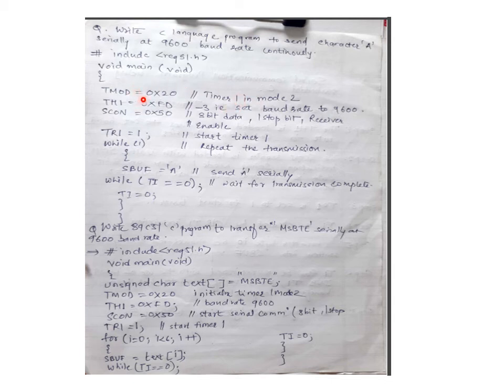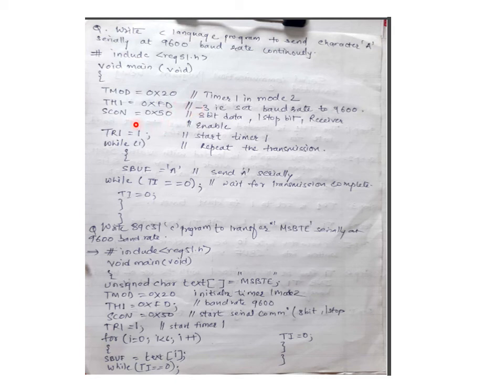So we have to write TMOD equal to 0x20. Then TH1 is equal to 0xFD. As the baud rate is 9600, so minus 3 is the decimal value, and the hex value of minus 3 is FD. By using the 2's complement, we are getting the FD value. So for minus 3 we have to do the 2's complement. For 2's complement, first we have to write the binary number, then do the 1's complement, then add 1. So whatever the value we have to convert into hex, then we are getting this FD value.